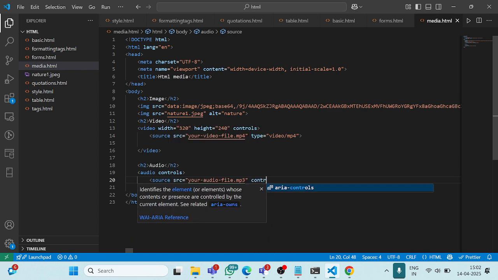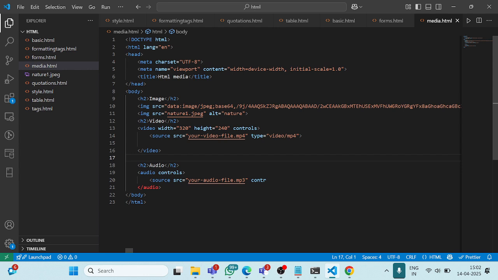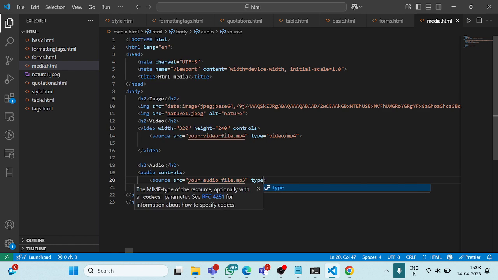And here also the controls I'm going to add. Video controls I'm adding. Okay, already I have added there, so not an issue. So the type will be, I'm taking audio